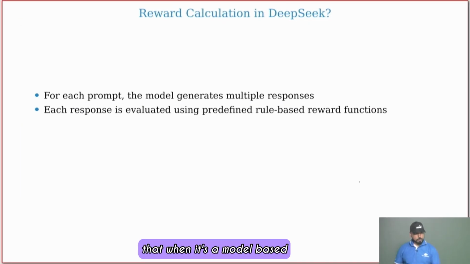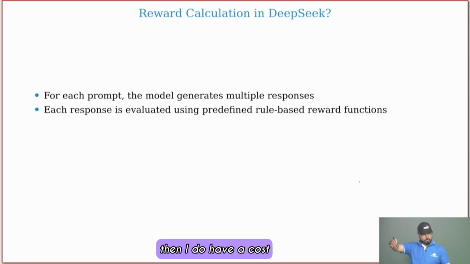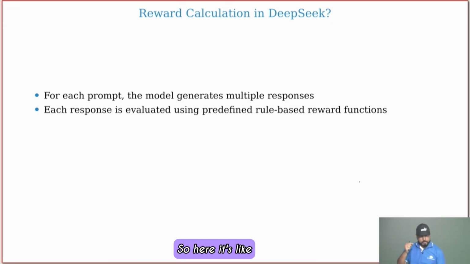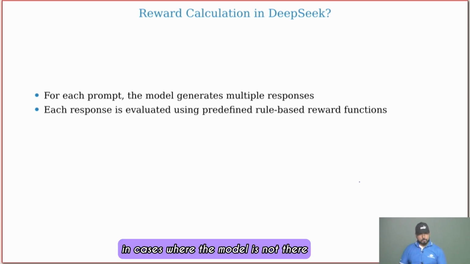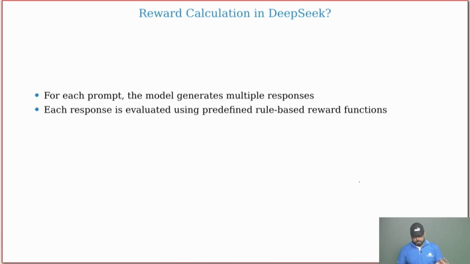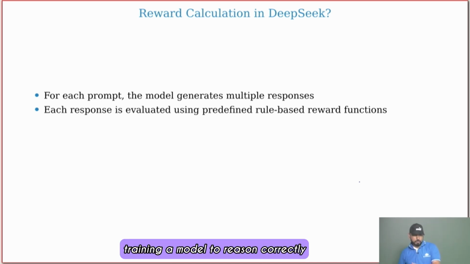Then the whole point is that when it's model based, then I do have a cost. So there is a benchmark that I use to say, look, out of these possible outcomes, this is the best one, and that allows me to update my policy. In cases where the model is not there, we rely on the expert. And for problems where we are looking for modeling and reasoning, training a model to reason correctly,